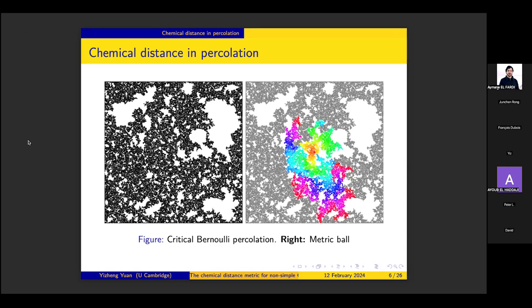This is the picture that you saw on the title slide. What is drawn here is a metric ball, drawn on top. I think this is the center, and the distances are shown in color. So that's the metric ball with respect to the intrinsic metric. What you see already is that there are these places where you have tiny gaps, so you have to go all the way around here. This is not surprising, because this corresponds to the case where